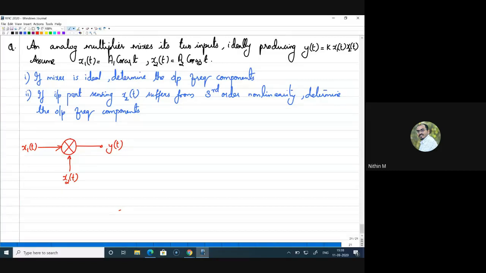Frequency components are omega 1 plus omega 2 and omega 1 minus omega 2. Anirudh, I think you are right. Yes, for the first part, right. Rakshak, can you just respond here in the chat box whether it is clear? Oh, Sridhar, your question is, sir, shouldn't it be root for total harmonic distortion? Root for what?